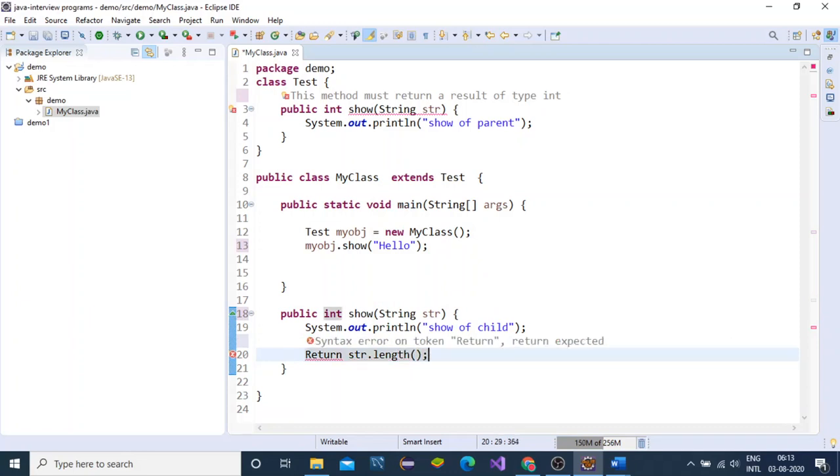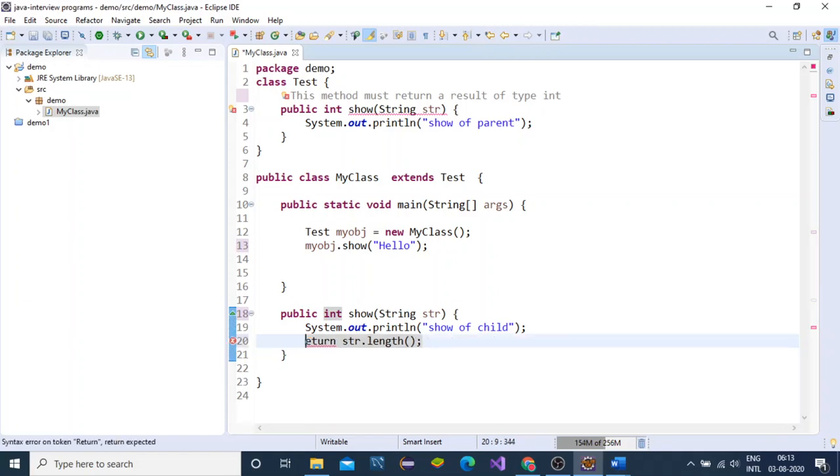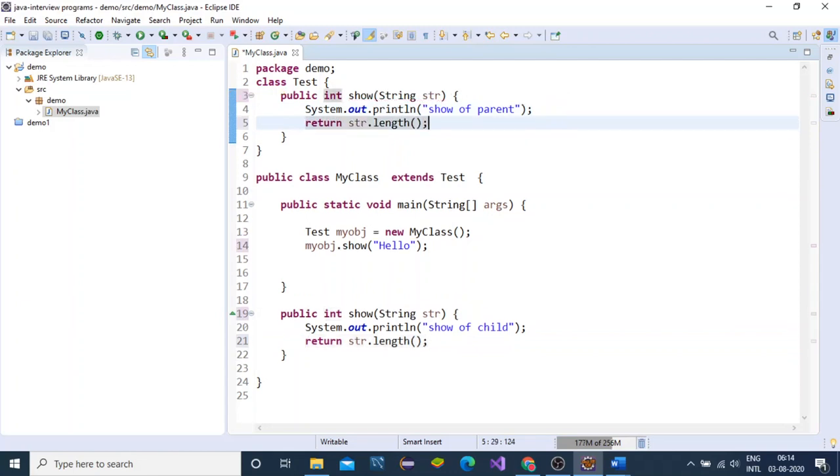I am returning the length of a string, and the same in the parent class. So this is the case of method overriding, and it is a very simple example.